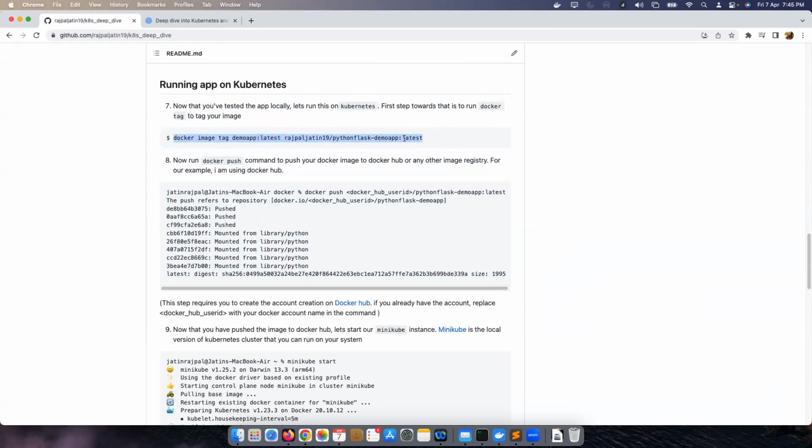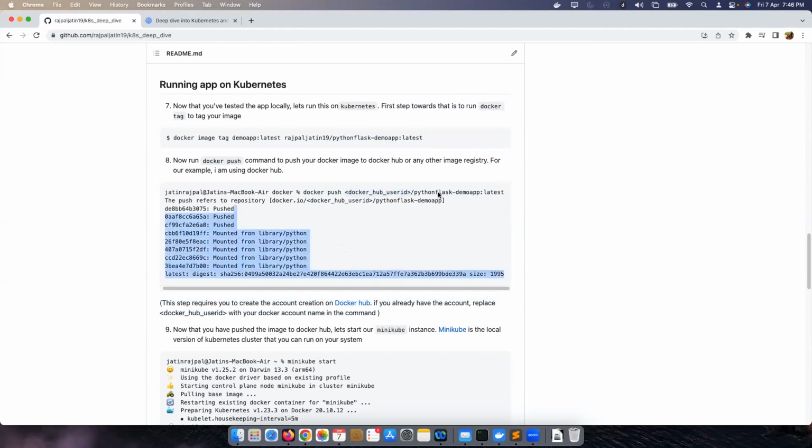Once you run this, you create a tag, and once you are able to create a tag, you should be able to push your image to your Docker Hub. Now, having said that, this requires you to create an account on Docker Hub beforehand. I mentioned the Docker Hub URL here. So before running it, make sure that you complete your registration and create an account, and that account name is something that you have to use here in docker push. Only then will you be able to push your image to Docker Hub.